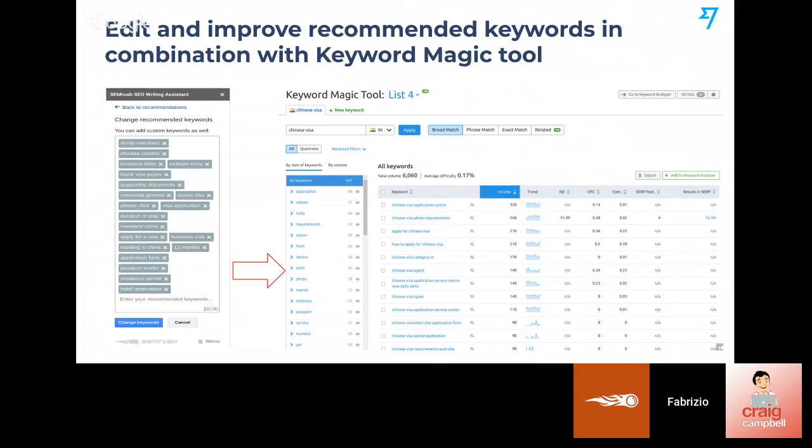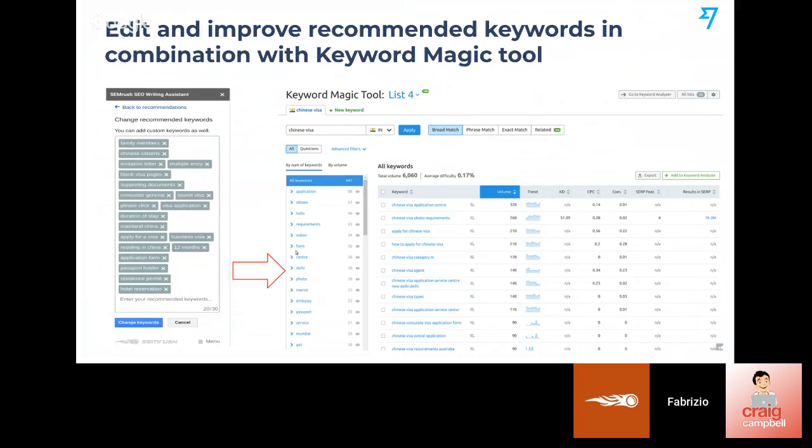So in this case, we use the SEO Writing Assistant. We go into the SEO Writing Assistant, we click Edit in the keyword targeting section, and then we use it in conjunction with the Keyword Magic tool, which is the keyword search tool from SEMrush. And this helps us to expand on related topics and a group of keywords that could be relevant to this particular article. In this example, we're talking about getting a Chinese visa.